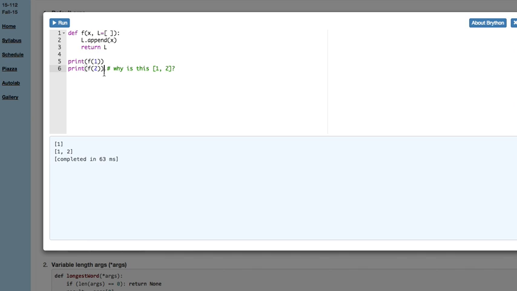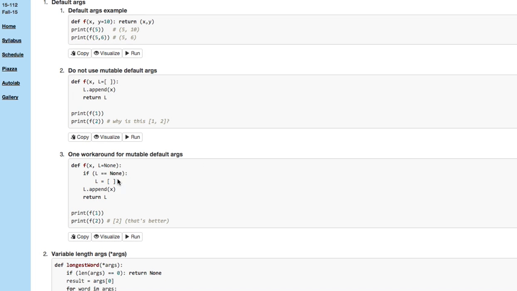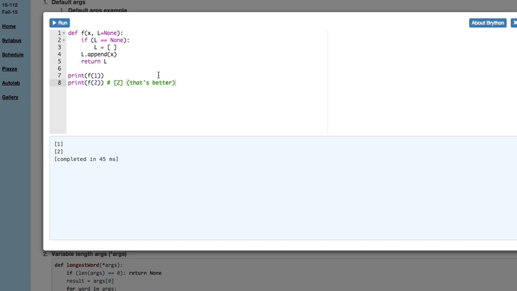But the second time, L is the list that contains 1, so then whenever we call f again, we actually append 2 to our already existing L, which already contains 1, so that's why we get the list 1, 2. Now a workaround for this is setting our default argument to be None and then checking that inside our